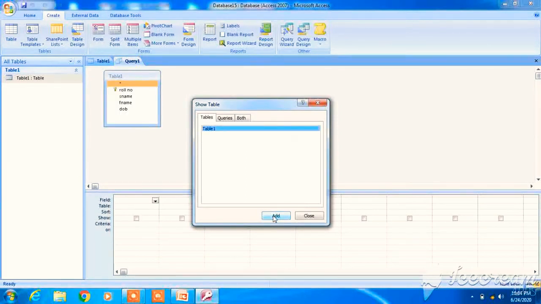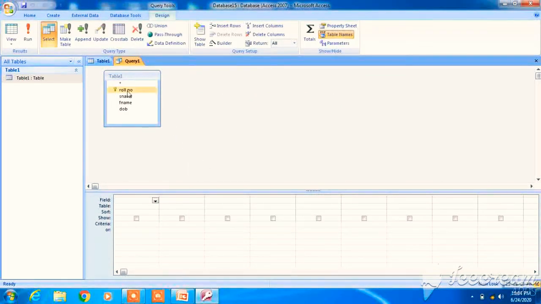This way you will be adding Table 1, right? Close it. Now whatever fields you want in your query you should select. For example, I want roll number, student name and date of birth. Fine, double click on these: roll number will get selected, S name means student name will get selected, and date of birth will get selected.